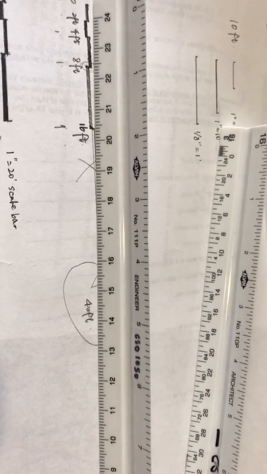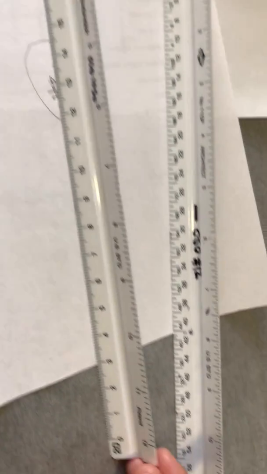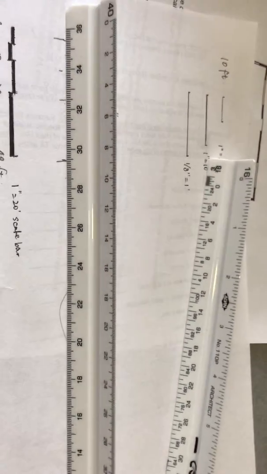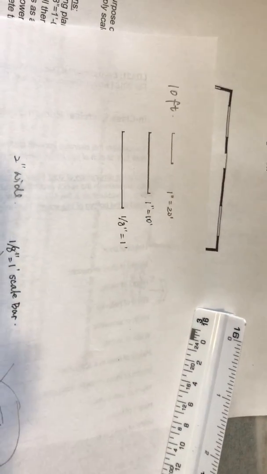So for the engineering scales, it's because most engineers draw bigger plans. So the scales in the engineering scale are like 10 scale, 20 scale, 60 scale, 50 scale, and then this is 40 and 30. So it's basically mostly large plans. As I draw it here, if we want to represent a 10 feet length on a paper, if you use a 20 scale, it will be just this long, right? But in architecture,